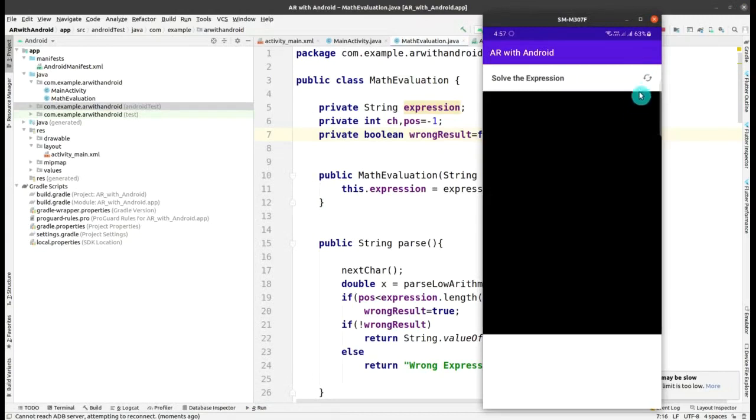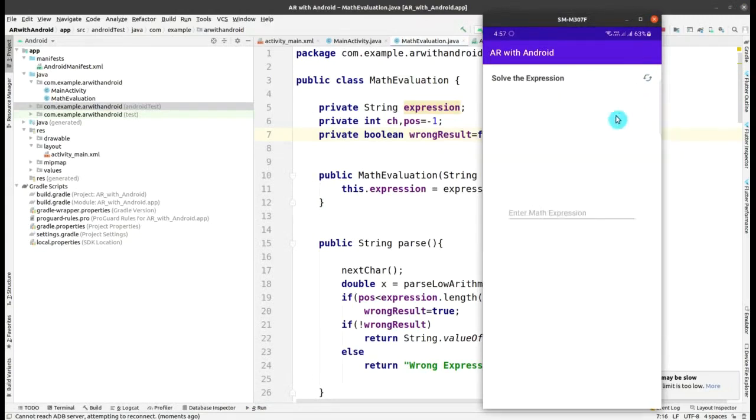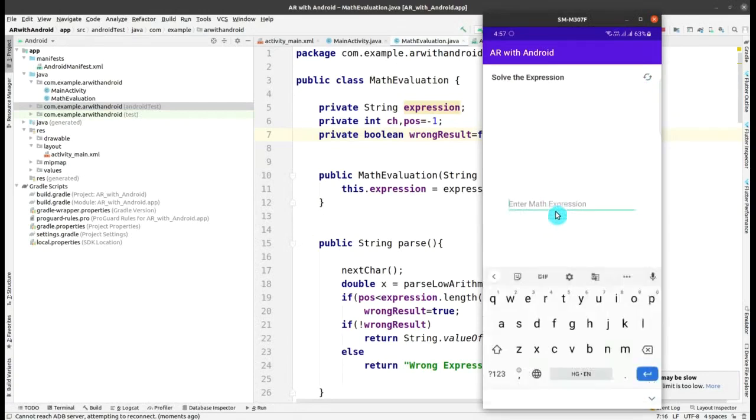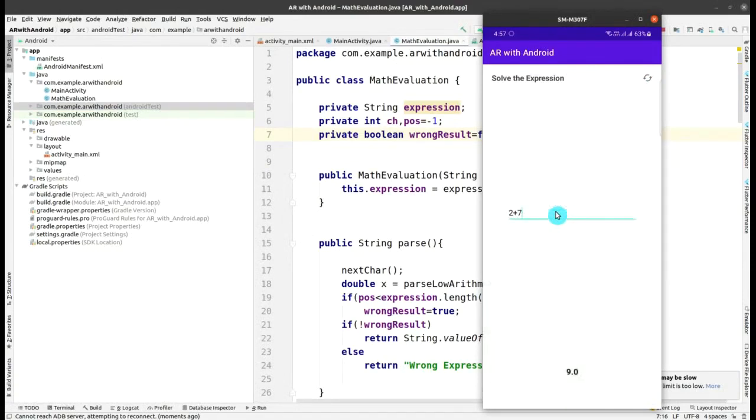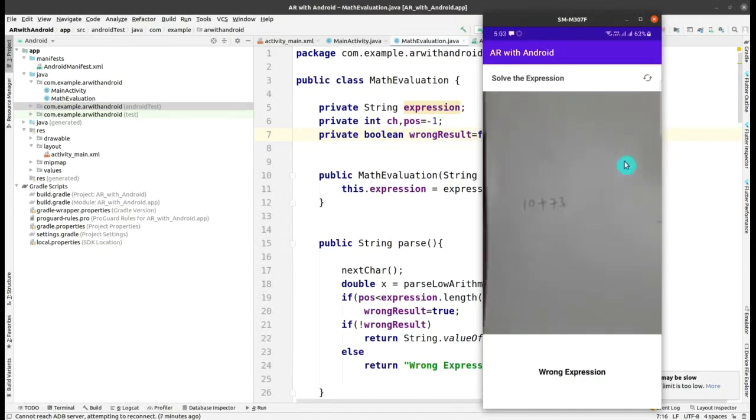If you have faced any problem using that button, then you can use any image instead of that. Now that 2 plus 7, okay, and it will be 9, and then the result from